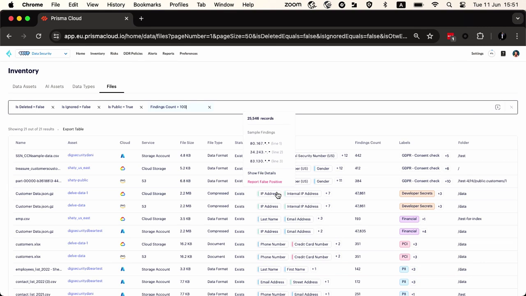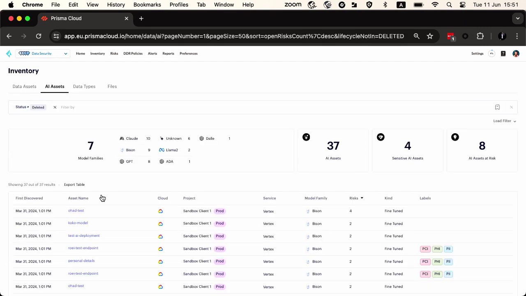Very, very powerful. And now, of course, with the rise of AI, we're able to also analyze and find any type of AI application running across your clouds. We're able to find your model families. We're able to find all AI applications using Claude or Bison or Llama or any type of custom model. And we do this again automatically.